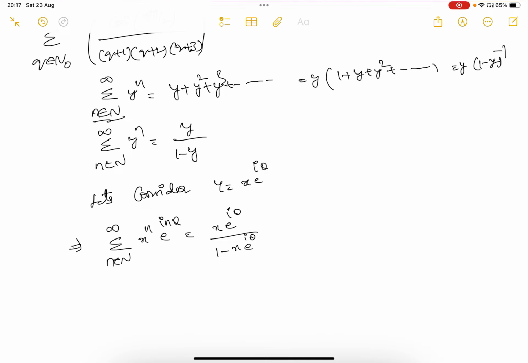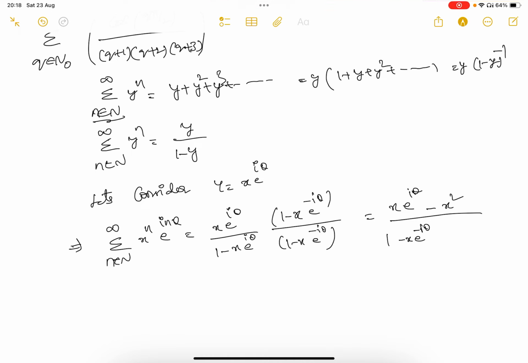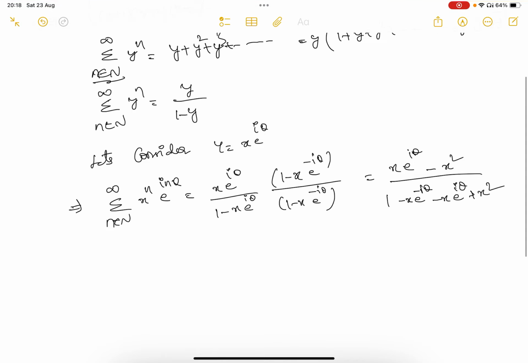Fine. So let's try to rationalize the denominator. So we can multiply and divide with 1 minus x into e power minus i theta by 1 minus x into e power minus i theta, which is x into e power i theta minus this is x square, then e power 0 will be 1, by this is 1 into 1, 1 minus x into e power minus i theta minus x into e power i theta, then this will be minus into minus plus x square, e power 0 is 1, that is x into e power i theta minus x square